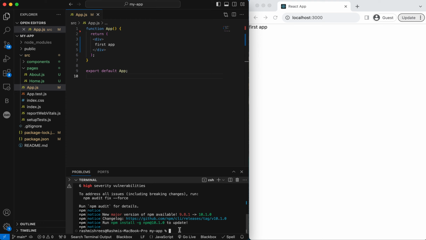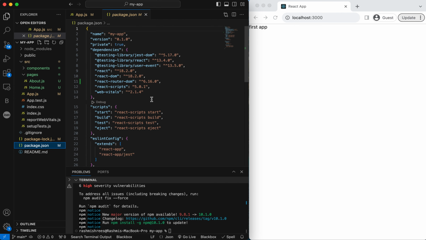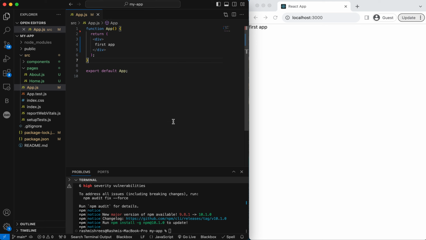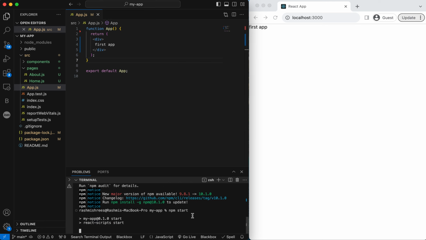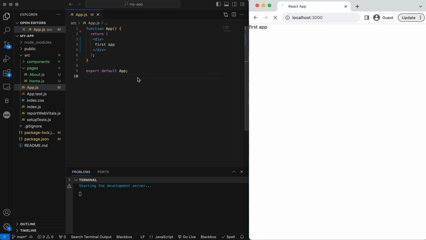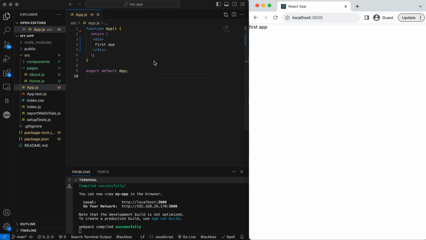Now that React Router DOM is installed, I can show it to you on the package.json right here. I'll rerun the application again. Now, under app.js,